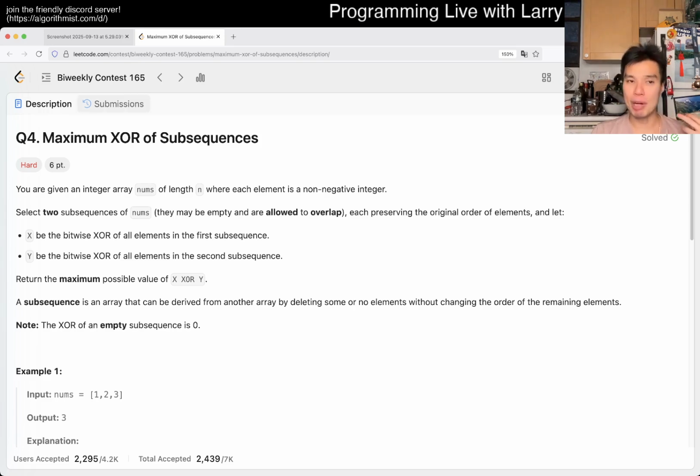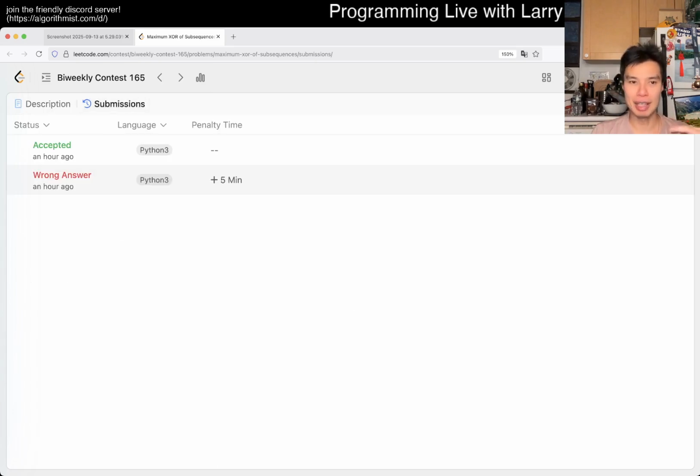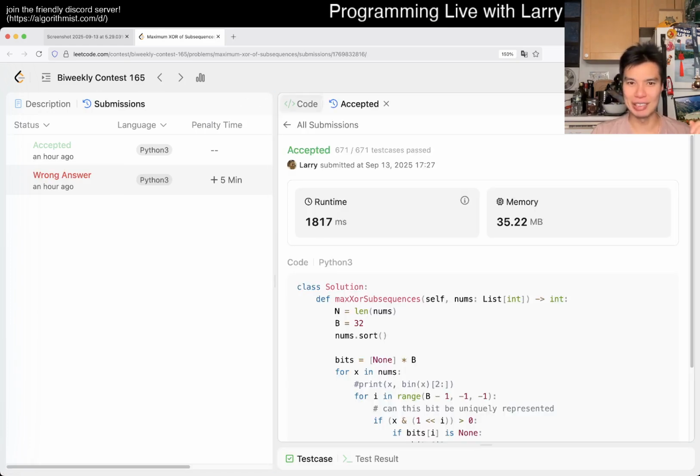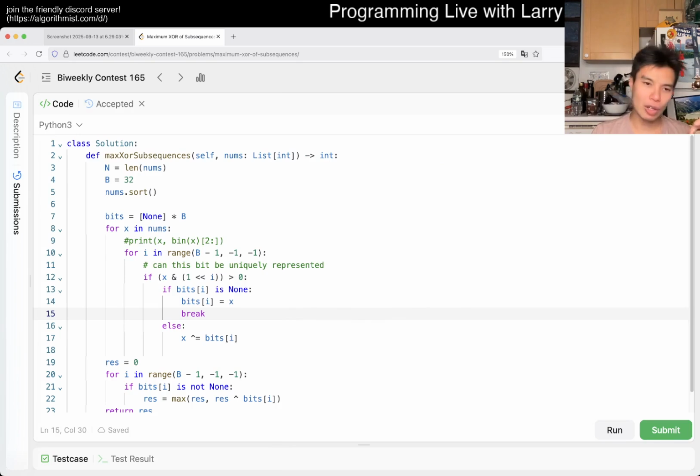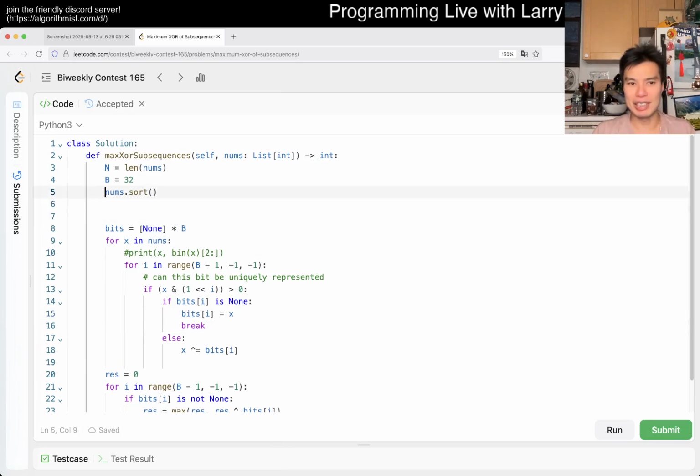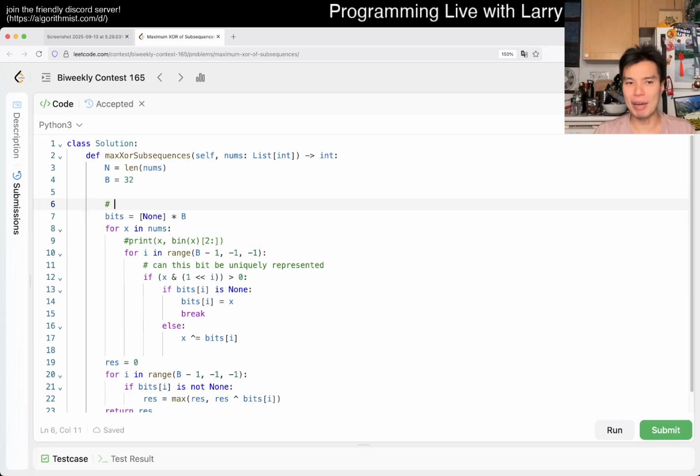The algorithmic part about this is that there is, I actually made a wrong answer. I forget how. Oh yeah, I just kind of rushed through it and I didn't go through it. But yeah, so the algorithmic part of this, and the sorting is actually not necessary, but it doesn't really matter. The algorithmic part about this is this part,